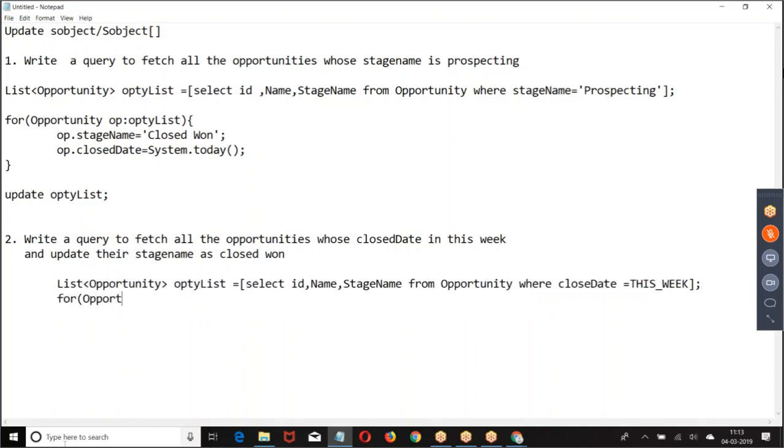Take one by one opportunity. Opti list. Then update opti list.